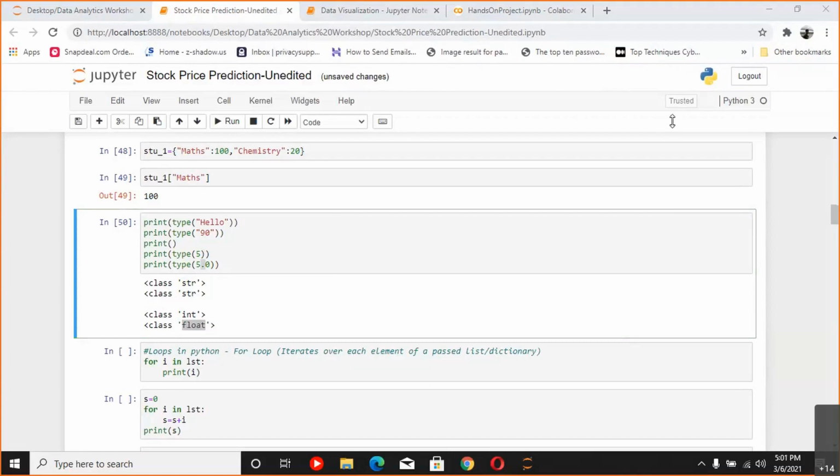Am I audible, guys? Okay, so should we move ahead with the Python introduction part, or is there any doubt that we need to clear?